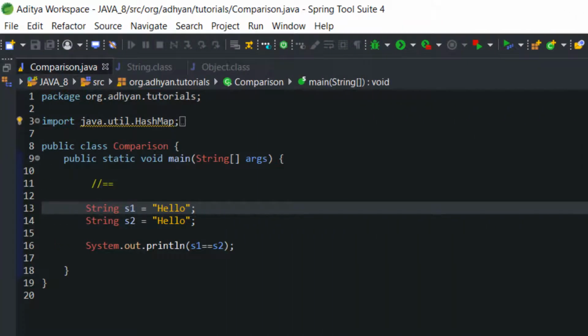You need to understand one thing first: whenever I create a string s1 with the help of the new operator, it creates a different block of memory every time.